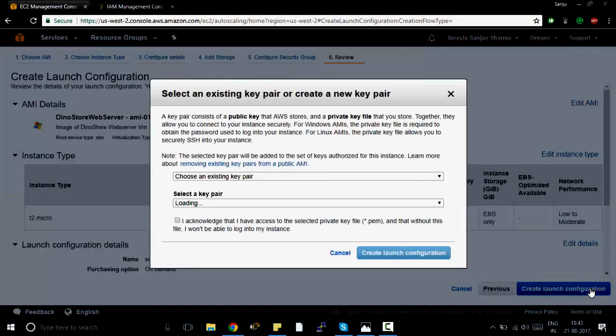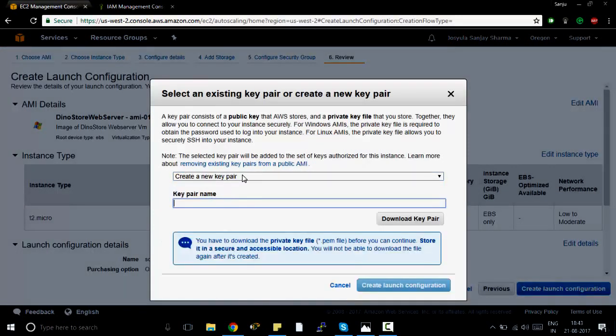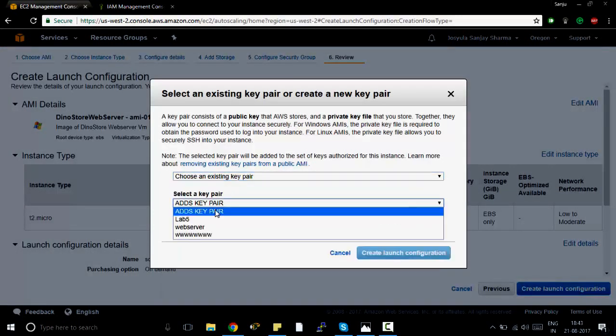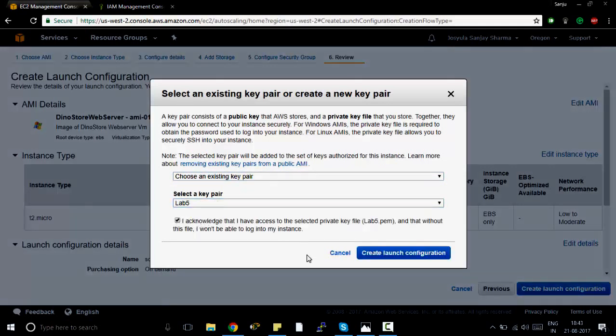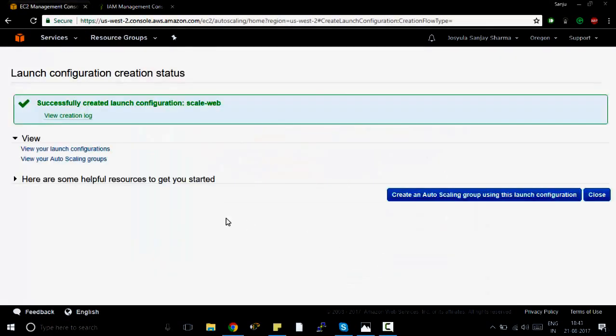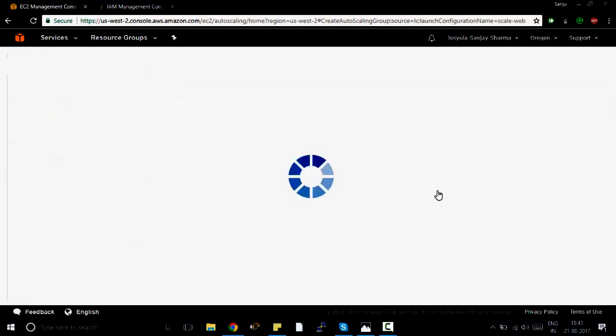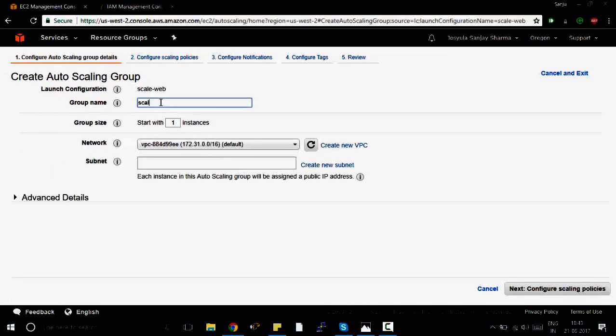Now we need a key pair to access the instances, which we can create or choose from existing. And now we have successfully created our launch configuration. Now we need to create an auto scaling group for this launch configuration, so name this,